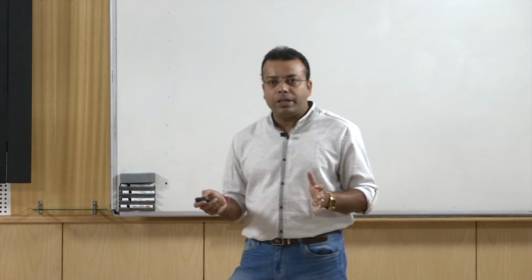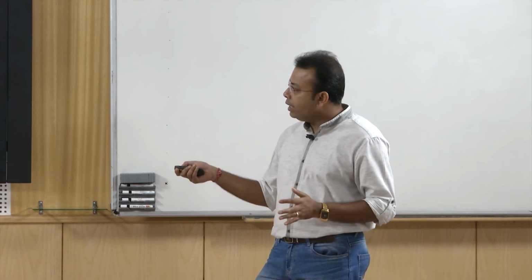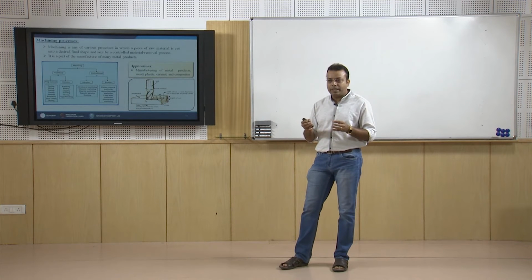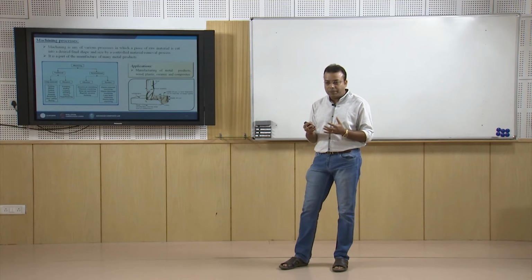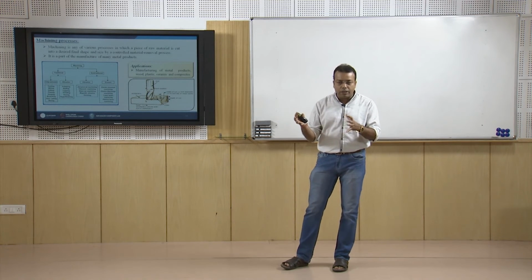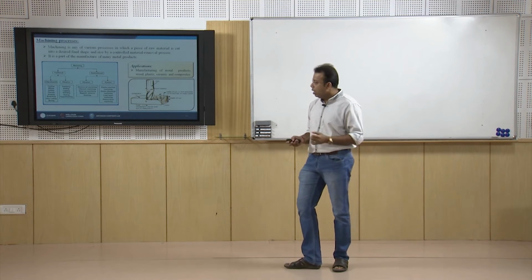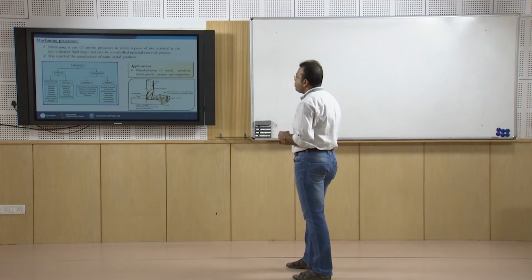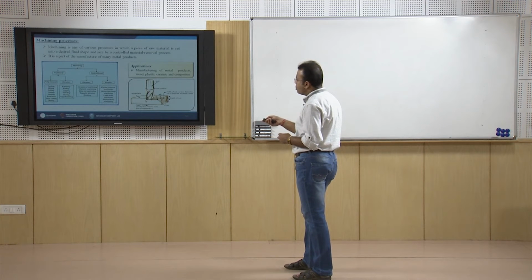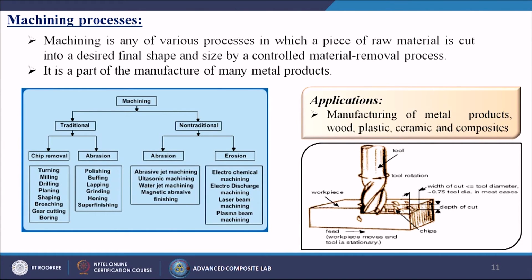So, in water jet machining you can use certain kinds of particles mixed with water, and then the whole slurry comes onto your material surface, rubbing it and doing the modifications. Then erosions. So, there are certain things known as electrochemical machining, electro discharge machining, laser beam machining,